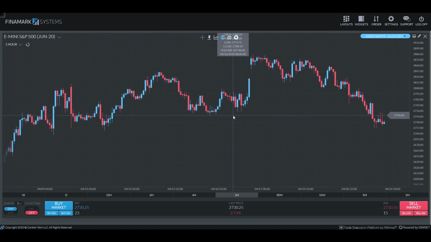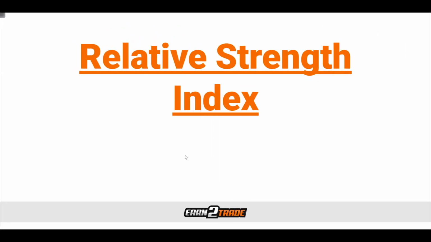Today we're going to be covering the Relative Strength Index, so without further ado, let's get on into it. The Relative Strength Index is one of the most popular technical analysis indicators out to date. When used correctly, it is a very powerful tool that gives traders a very serious edge over the market. It is something that has existed for quite some time, but has been time tested. It's my goal for all of you to understand a little bit more about the calculation that goes into the Relative Strength Index, but more importantly, some of the strategies that traders are using every day with the Relative Strength Index.